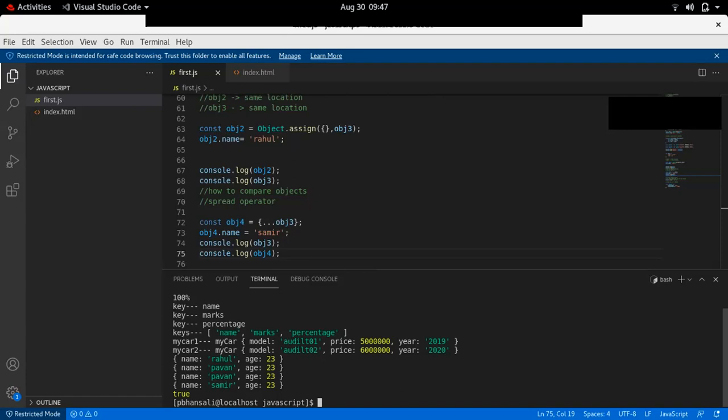Yes. Okay. So this is the use of the spread operator.